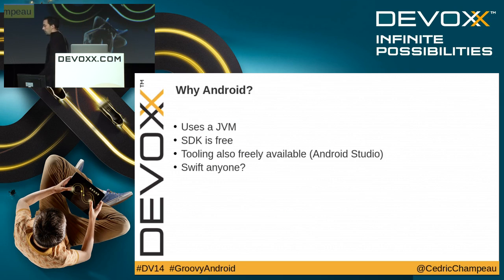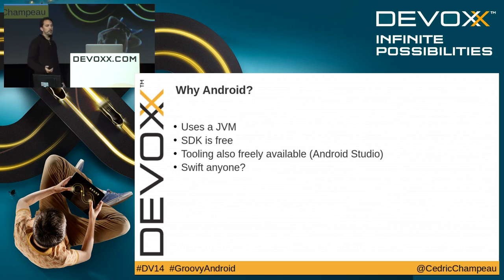Okay, let's start. So the first question is why choose Android for Groovy. The first reason is that Groovy and Android are both based on some kind of JVM. It's not really true for Android, I will come to that later. But basically, it's Java, right? Even if you can do some native development, you likely use Java as the first choice language to develop Android applications. The second reason is that the SDK is free,